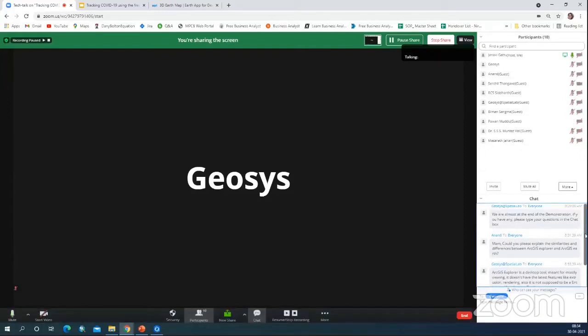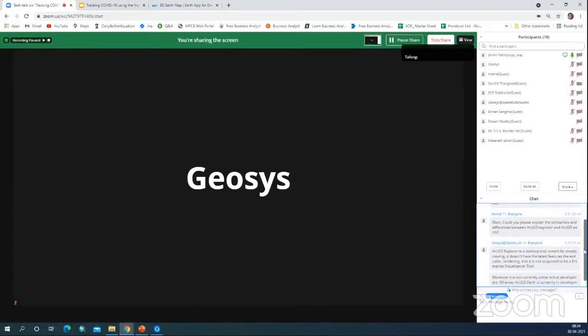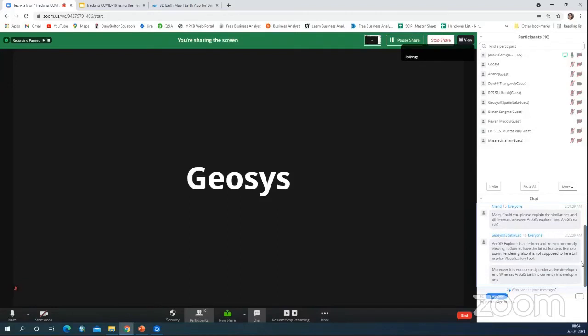Okay. Could you please explain the similarities and differences between ArcGIS Explorer and ArcGIS Earth? Basically, ArcGIS Earth is meant exclusively for 3D capabilities. There are a lot of web applications coming up these days with 3D capabilities.